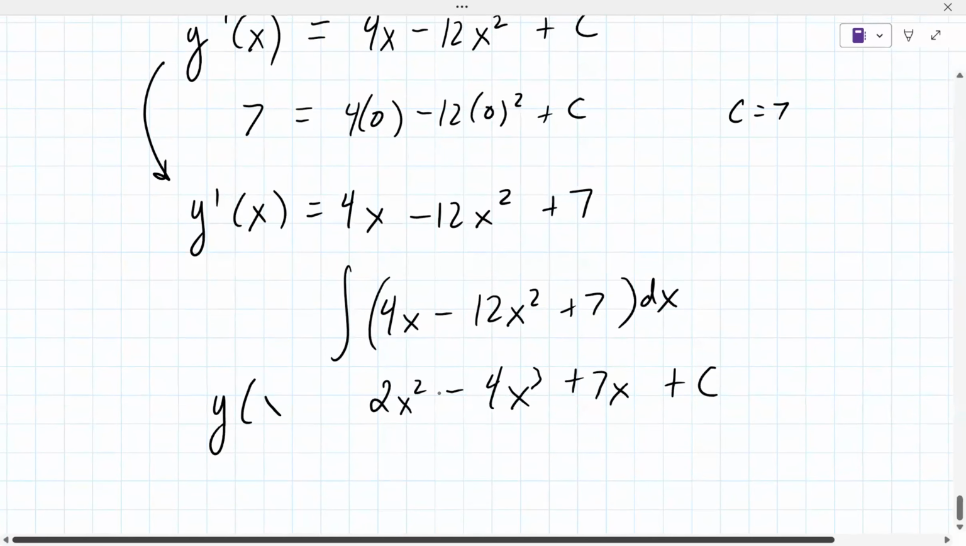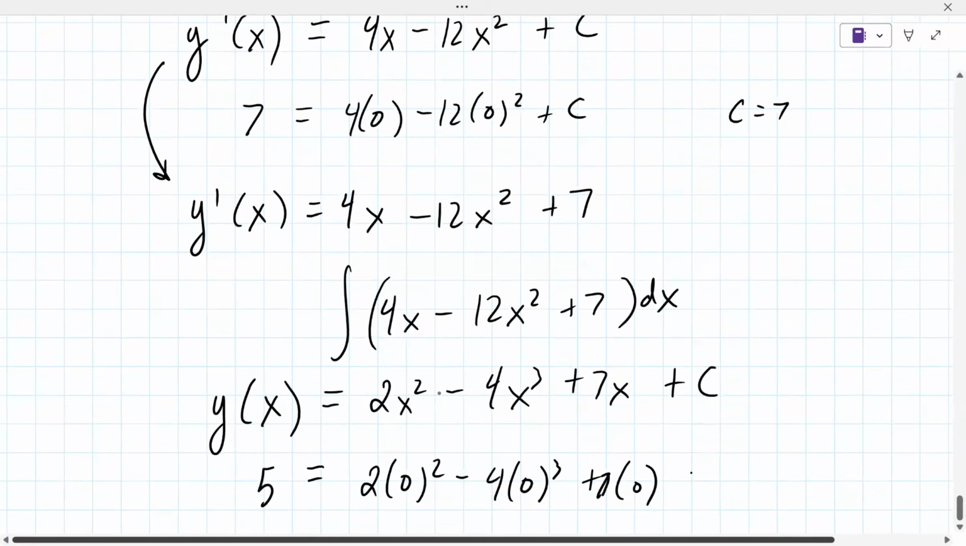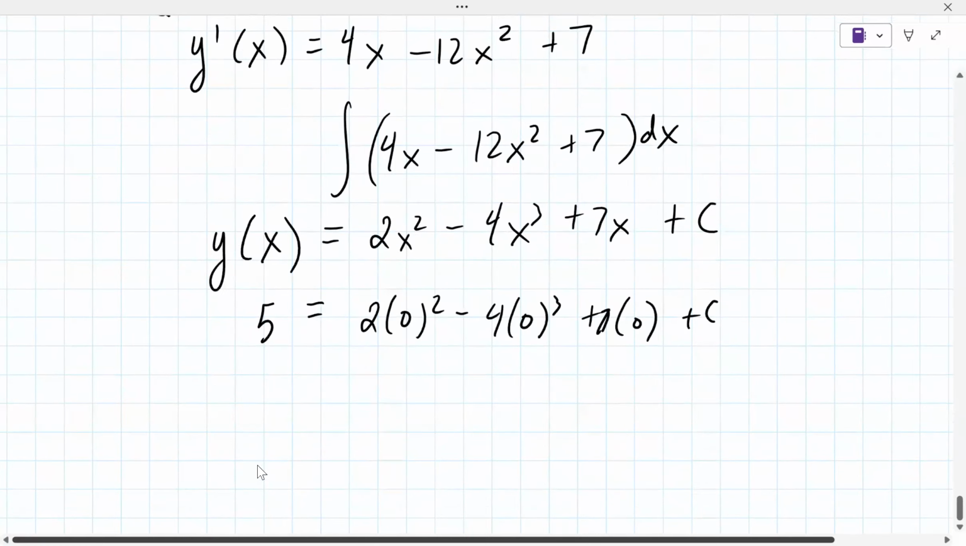That looked great. And then that second initial condition says that 5 equals 2 times 0 squared minus 4 times 0 cubed plus 7 times 0 plus c. And again, it's a mistake to think that c is always that number. It has worked out in your problems, so maybe it will work out in your course, but